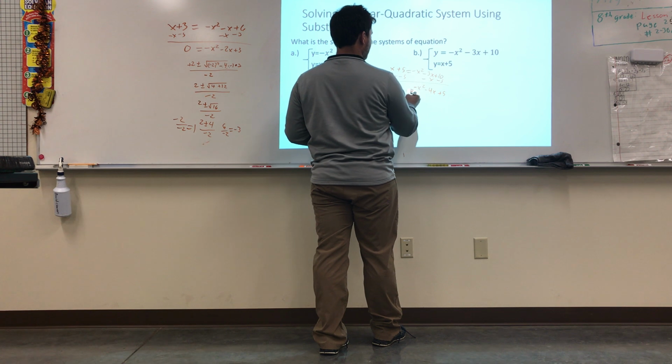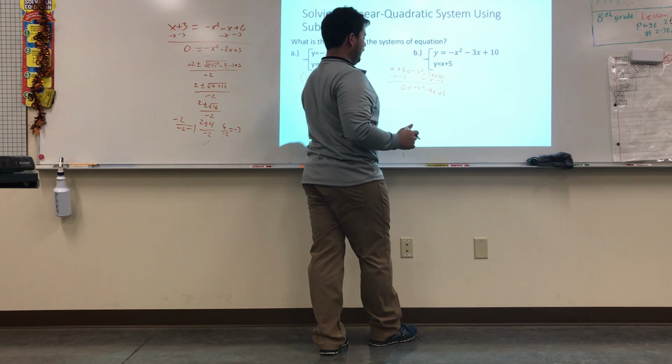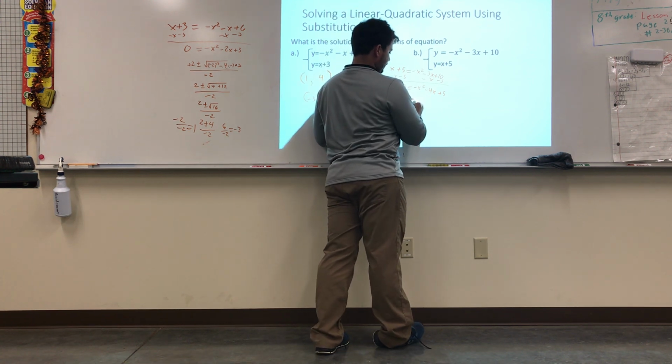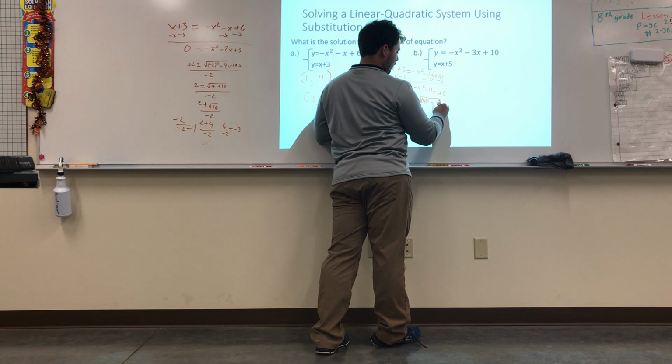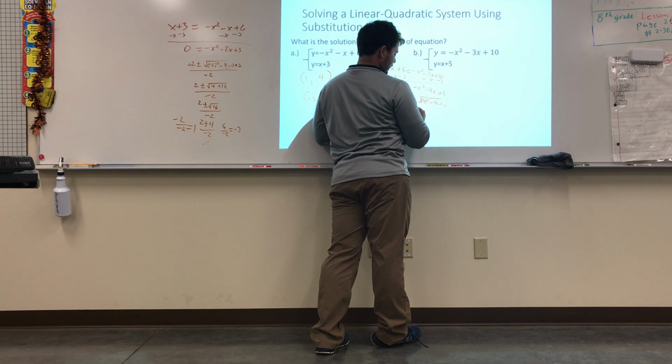And that should be a negative. Alright, equals 0. Okay, at this point we're going to get 4 plus or minus negative 4 squared, minus 4 times negative 1 times 5. We're going to end up getting 4 plus or minus the square root of 16 plus 20 over,